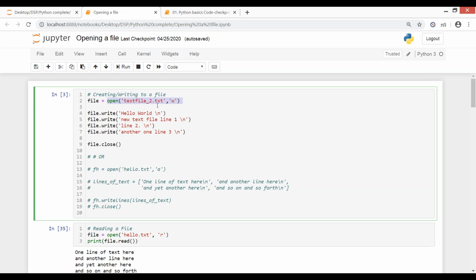Yes, you can. You just have to specify the extension. If you want to have a CSV file, then just give .csv. If you want to have an Excel file, then just give the extension XLS. You can create files with different extensions. If you want to have a document, then just give doc. According to that, your file will be created. Clear? Yes, in whichever folder you are working, the same folder this file will be created, the folder where your code is right now. Not anywhere else. Same folder.